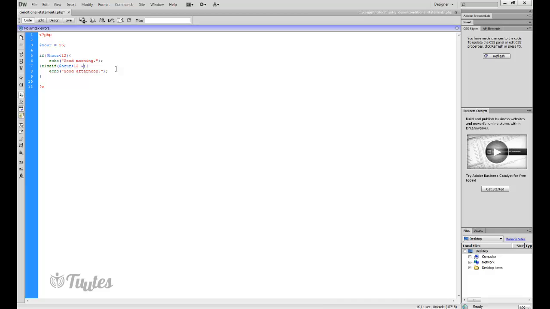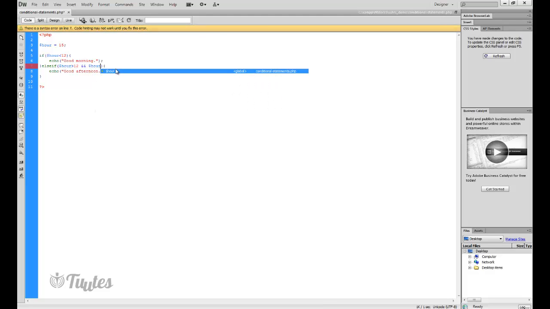and then we have to use the and, we'll look at this in a bit more detail in just a moment, and hour is less than, we'll go for say 18, so 6 PM in the evening. So we're saying if it's between 12 and 18. And then finally we'd put our original final else at the end,